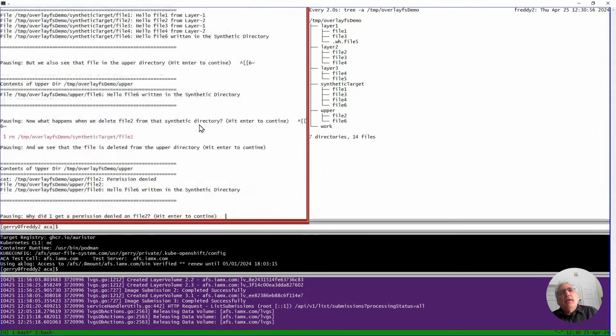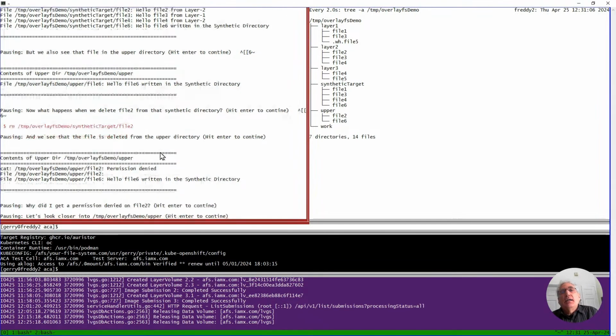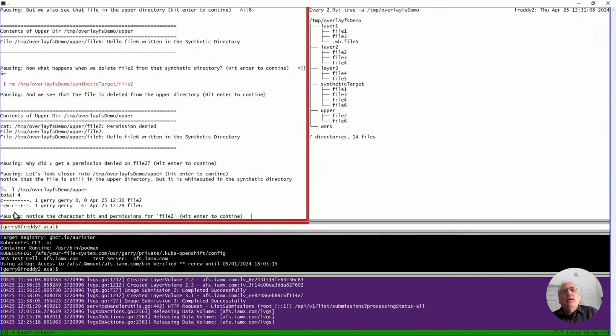If I try and look at the files in the upper directory, I get an error on file 2, permission denied. It's there, but I don't have rights to look at it. So let's see what's really going on and do an ls -l. And we see that in that upper directory, the file 2 is there. It has no read, write, or execute permissions at all, but it's set up as a character device.